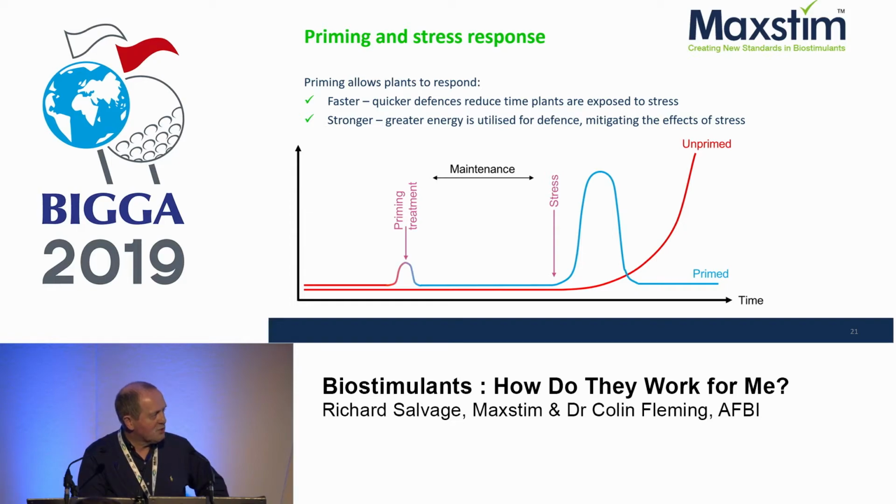You get a stress, for example, a fungal attack, and what you find is the plant will slowly respond to that fungal attack up to a maximum response. So the plant defense system is being triggered here, and it's taking quite a while to build up. And by the time you've got the defense response really acting strongly, there can be a lot of damage to your turf. The rationale behind using a biostimulant is you give the plant a small